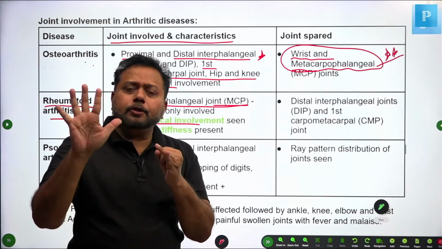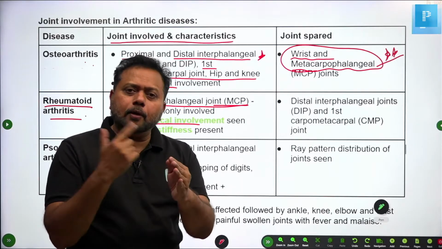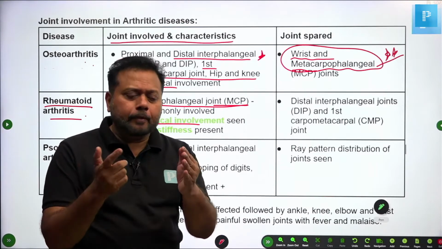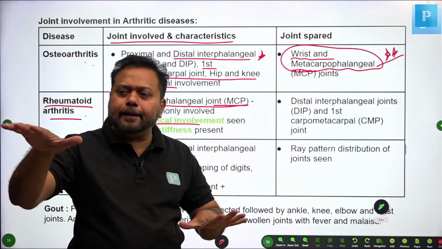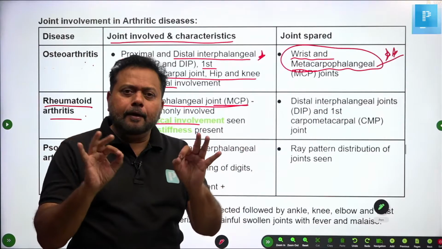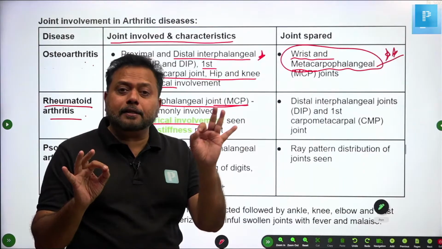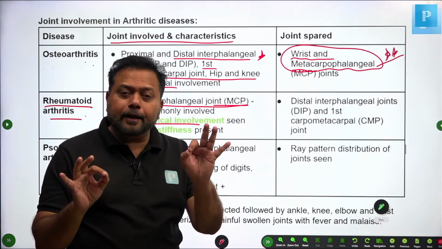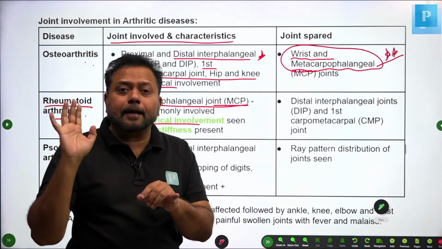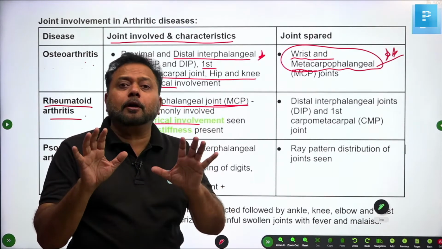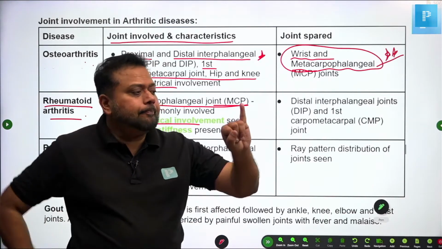Small joint involvement. Third, hand joint involvement. Fourth, more than one joint involvement, one area. Fifth, symmetrical joint involvement. For example, left MCP is involved, right MCP, symmetrical joint involvement. Then positive rheumatoid factor. Then radiological signs of rheumatoid arthritis, which are periarticular osteopenia and symmetrical joint space narrowing. Finally, rheumatoid nodules. I am going to tell it once again.